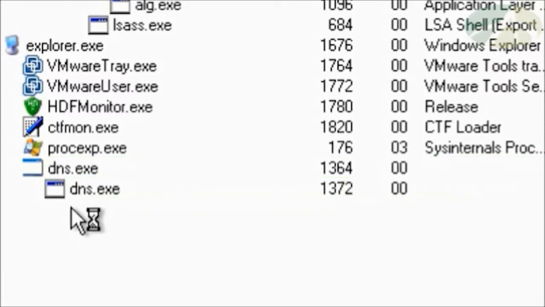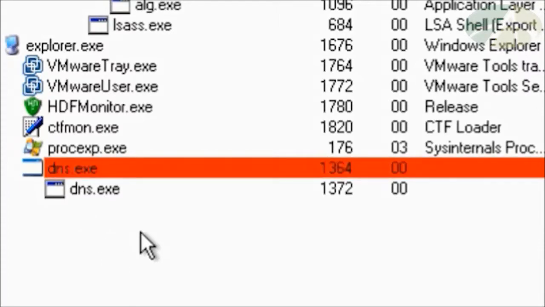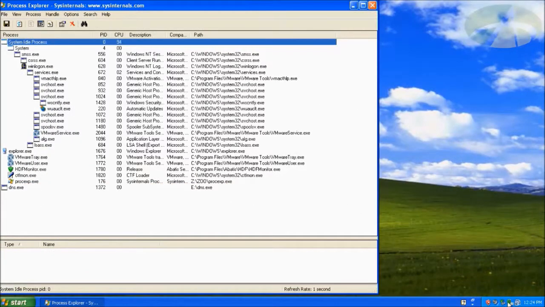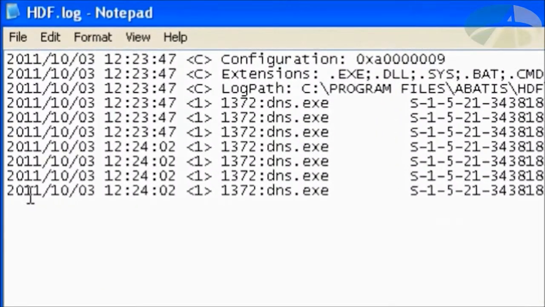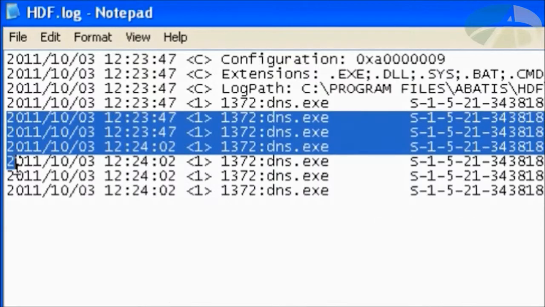Although it will eventually stop after a number of failed attempts, before this it tries repeatedly to write its payload to the local hard disk drive. We can see from the log file, however, that HDF is successful in stopping all 7 of SDBOT's attempts to